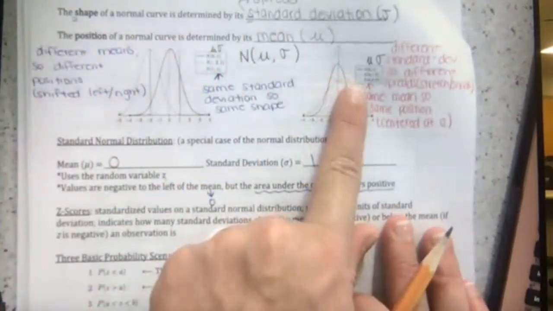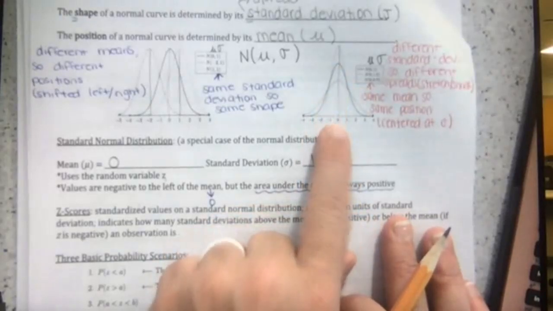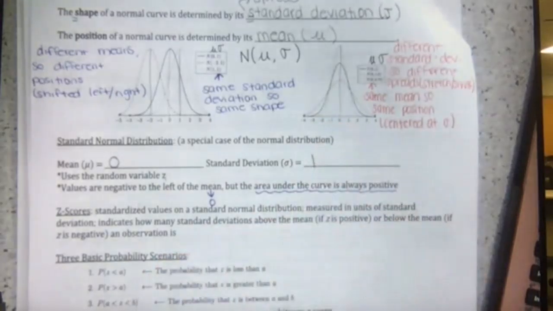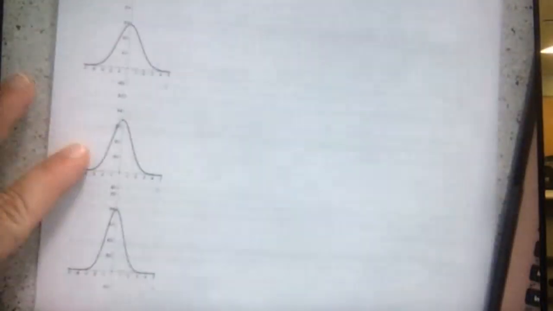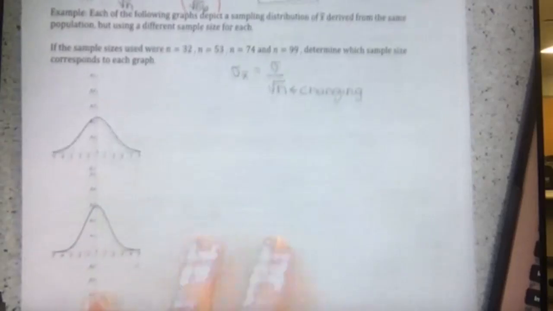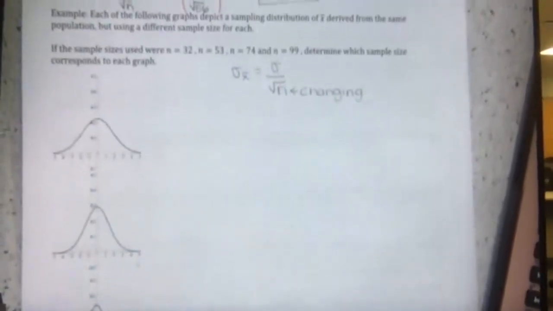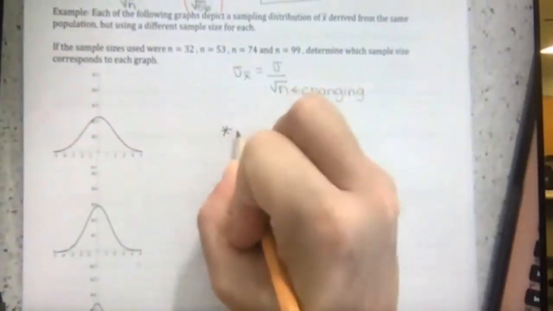So if the mean stays the same, it's going to have to stay at the same center, the same position, but we're going to have different spreads or different heights. Remember, if it's spread out or put together, so different spreads. So it's going to have different heights of our graph. It's all centered around the mean, we just have different heights. So we need to see as the sample size increases,